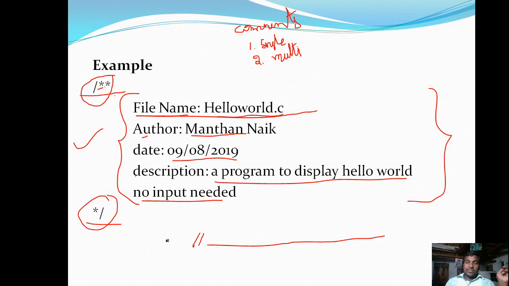If in your program you want to write a single line comment, you can use one form, but the multi-line comment is mainly useful to write more than one line of description about the program. Anyway, these are discussed in further slides.